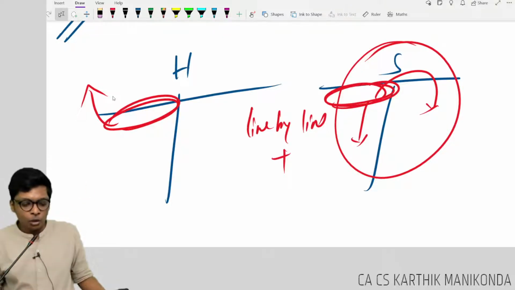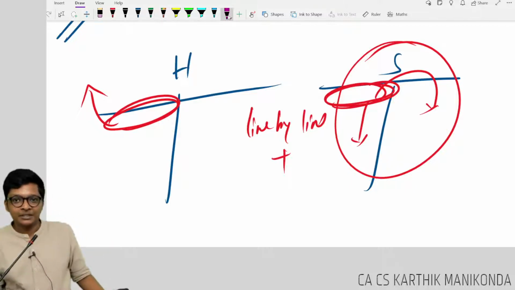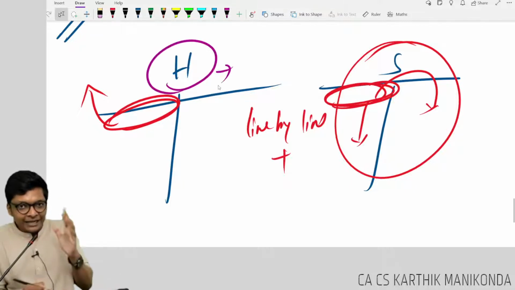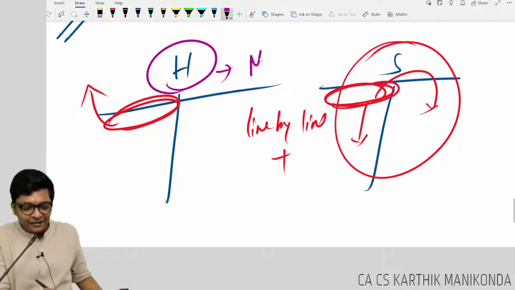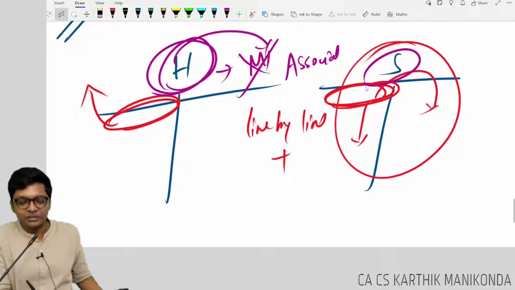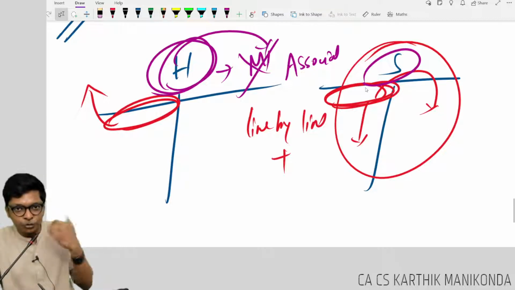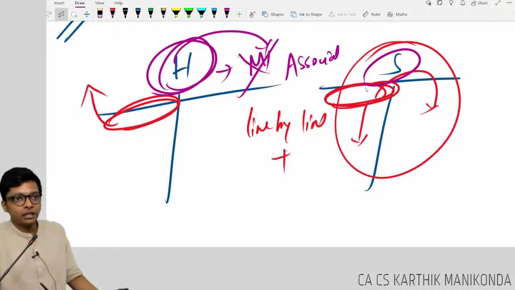Correct? Now, in associate, you are the minority. See, holding itself, I can't even use the word holding. I am the minority. That's why I am calling it associate. Holding is investing in the associate. Correct? So, no more use the term holding subsidiary, guys. I am using it for you to easily correlate. So, I have a